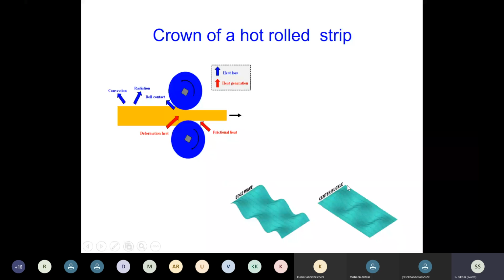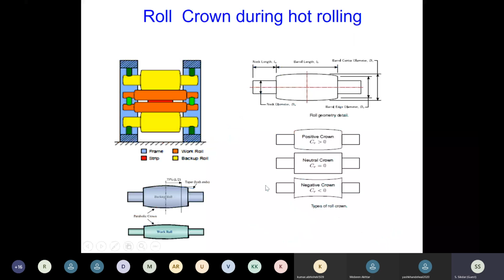That means if it is a thinner plate or coil, it doesn't happen for a thicker coil. It will not happen for 10 mm. There will be some, certainly, but not that much, whereas for thin gauge it is very predominant. As you know, the slab that goes in always has two work rolls,